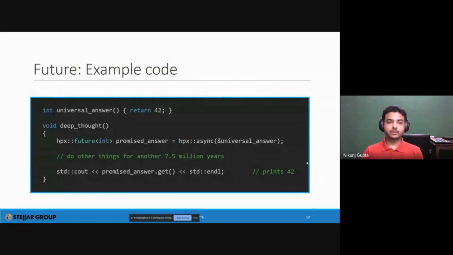Let's take a simple example on future, and I really like to take this example from the Hitchhiker's Guide to the Galaxy, wherein we create a machine, let's call that Deep Thought, and all we're looking for is the answer to the question of life, the universe and everything. And we know the answer is 42 because we've read the book. We know that answer, but we do not have those 7.5 million years to compute that universal answer. So what do we do then?